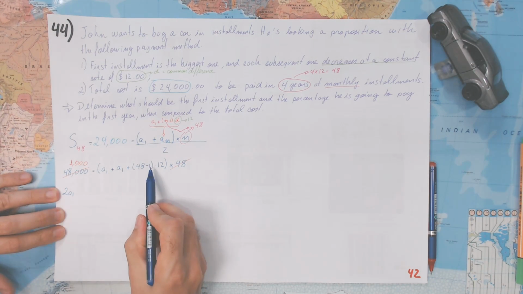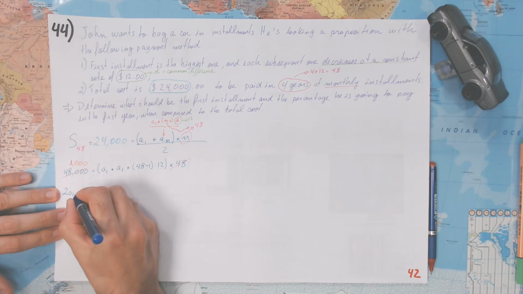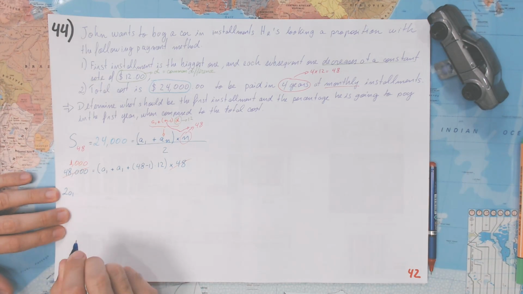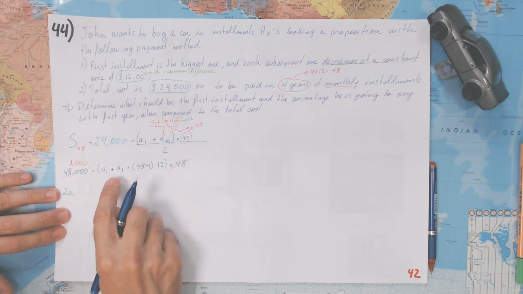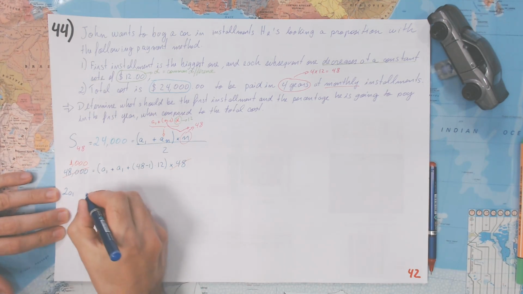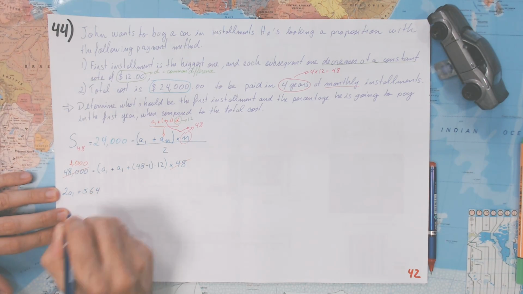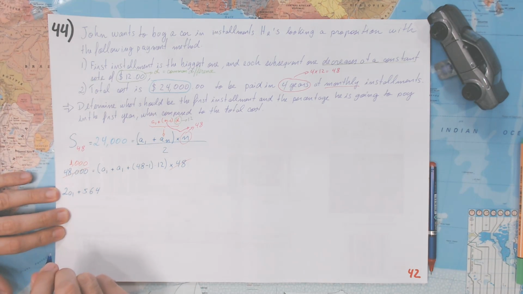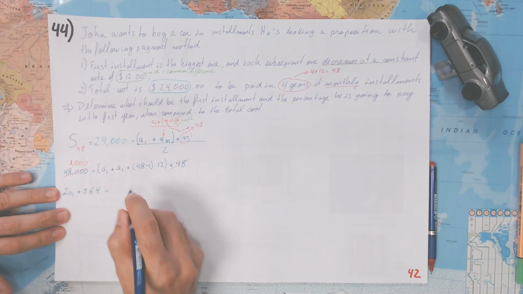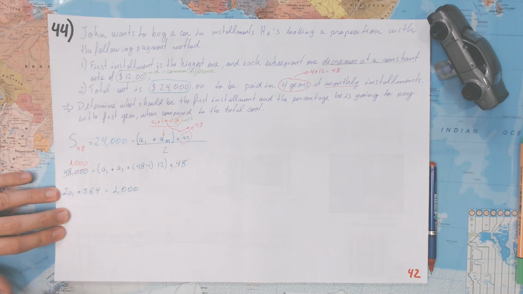This is 47, and 47 times 12 is going to be 564. Okay, yes, that's it. Plus 564, and all that equals to 1000. Okay, now